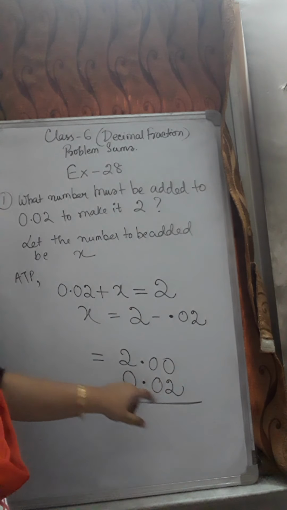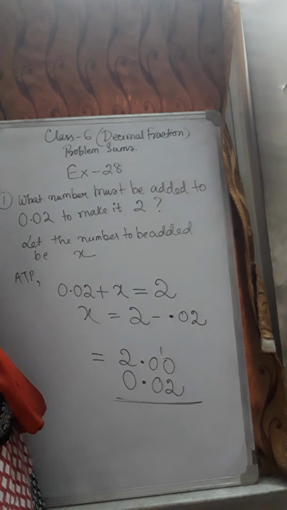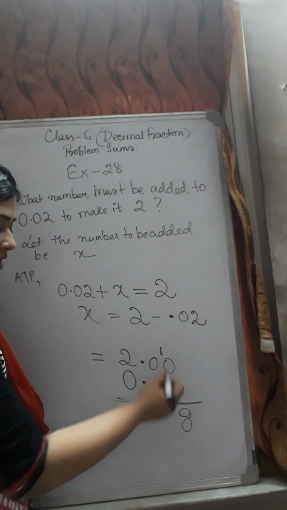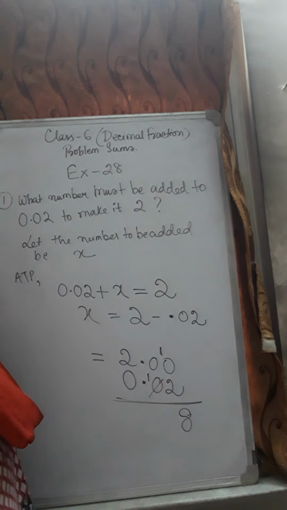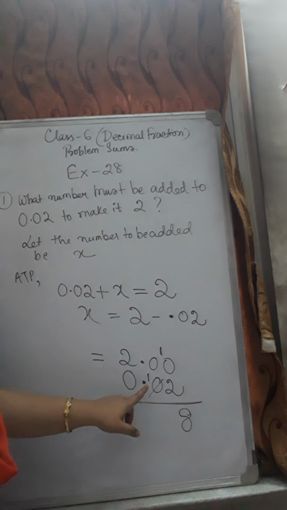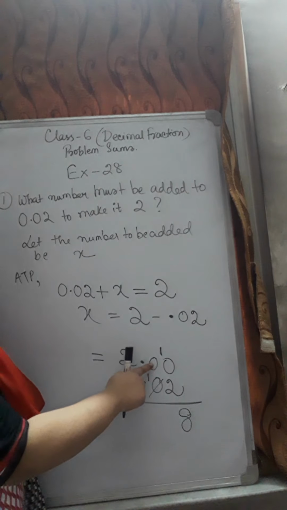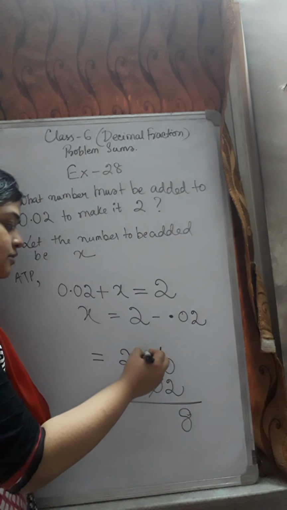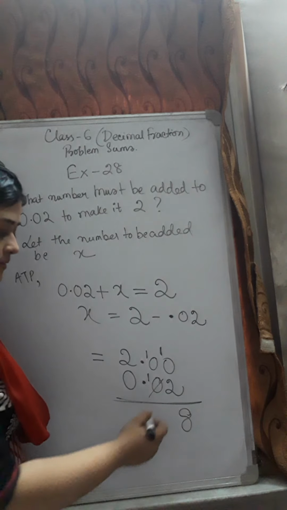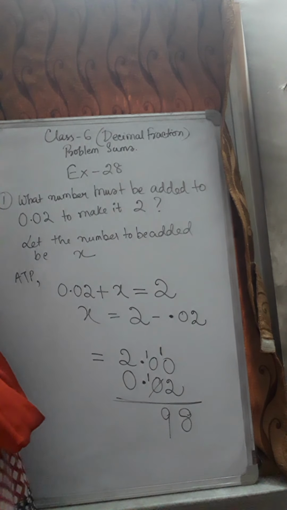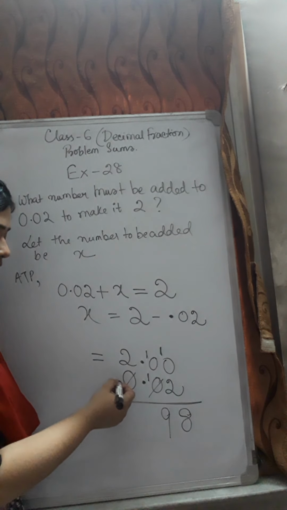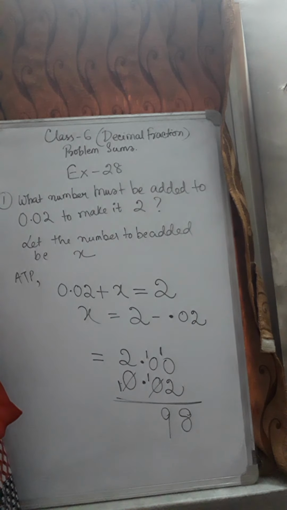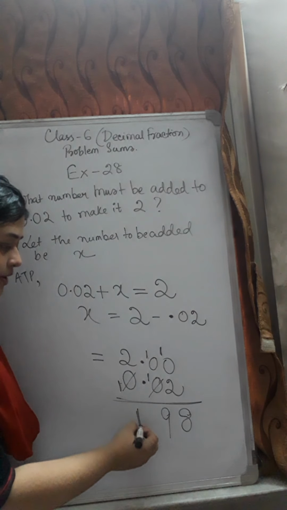So 0 minus 2 is not possible. You will do 10 minus 2. That gives you 8. Carry forward the 1. You have taken this 1 from here, so return the 1. Instead of 0, when it gets the 1 back, it becomes 1. Now 0 minus 1 is not possible. Again you do 10 minus 1. So it will give you 9. Again this 1 you have carried from here, so return the 1. So 2 minus 1 is 1.